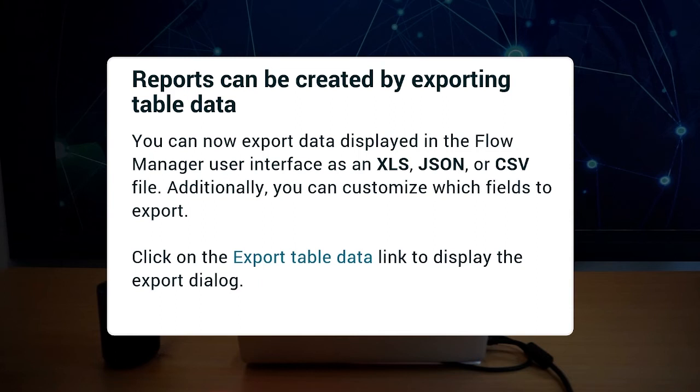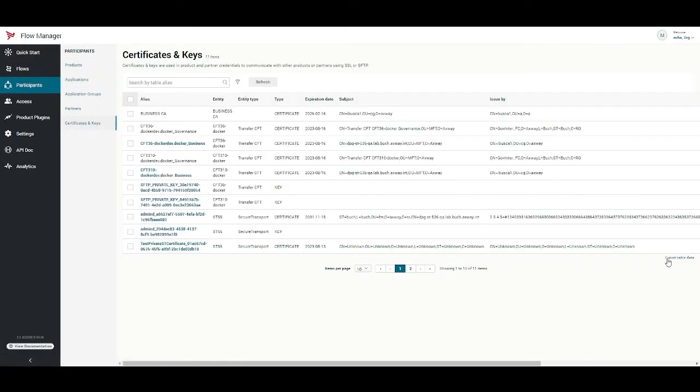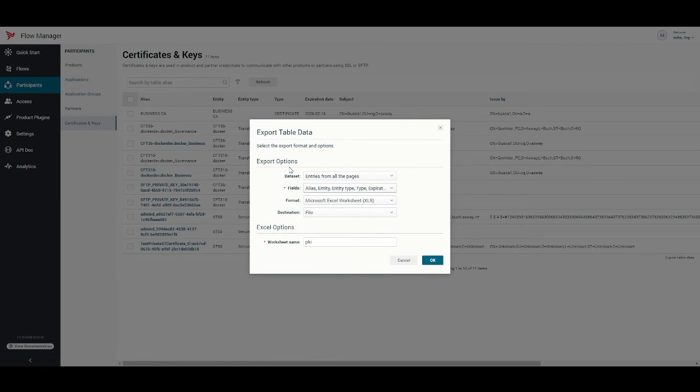I can show you now in the Flow Manager interface. Let's say that I want to export the certificates and keys list. Here in the bottom right corner, I have Export Table Data. I click on it, and as you can see, this pop-up box provides several options to choose from, such as whether you export from the current page only or from all pages in this specific list. As well, you have the options to select which fields interest you,